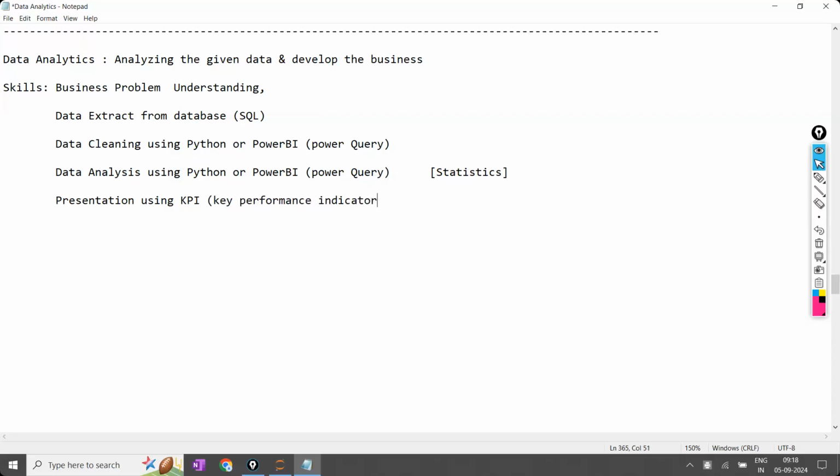Using the key performance indicators, we are going to present the data, which are important points. Key performance indicators are the ones which are important for that particular business problem. Those are called key performance indicators. Okay, so using the key performance indicators, we are going to do this from Power BI,